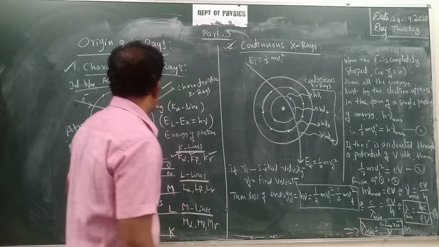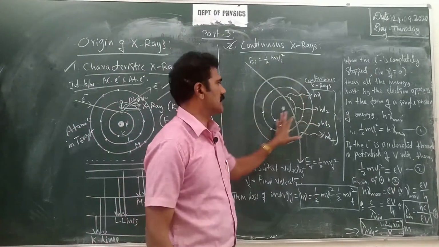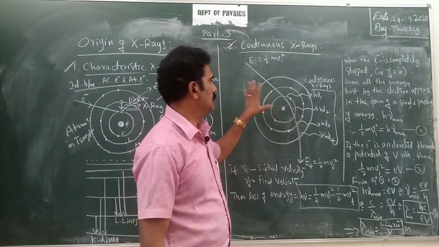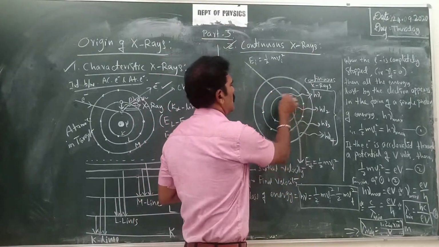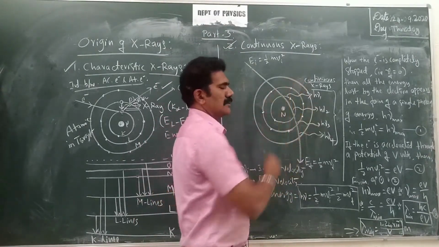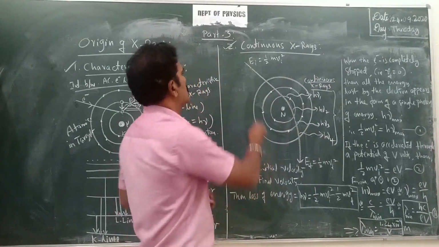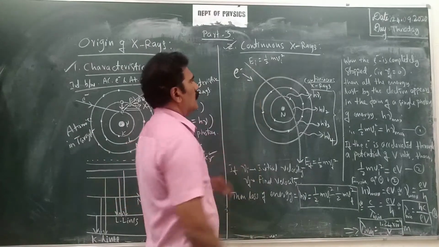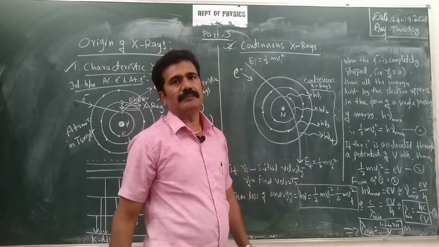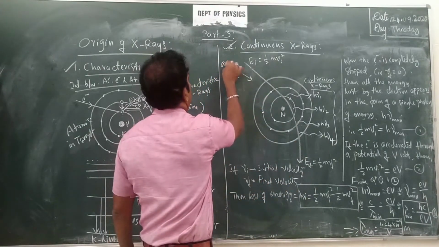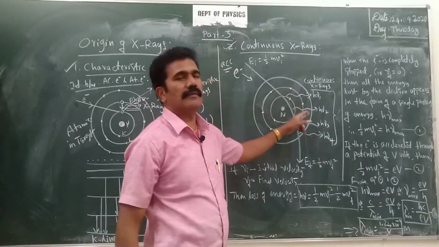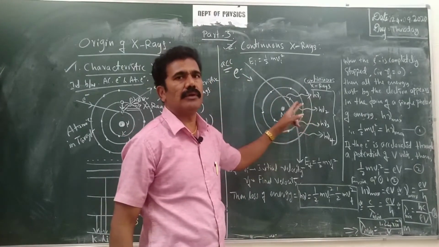Now consider the same type of atomic structure, an atom present in the target material, consisting of a nucleus with various electrons in the various orbits. Now this is the accelerated electron, moving towards a particular atom. This accelerated electron is now not going to interact with any of the electrons present in the atom. Then what is it going to do here?